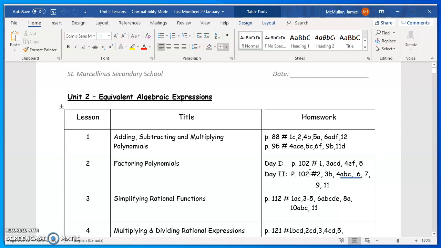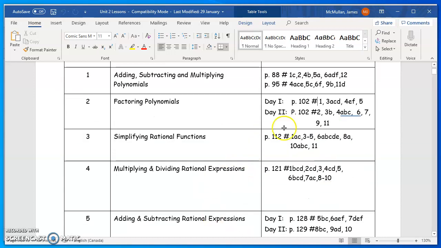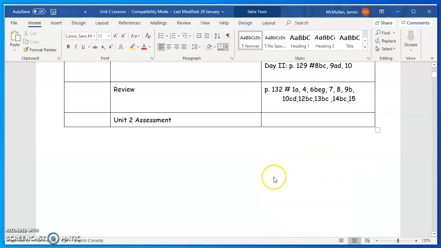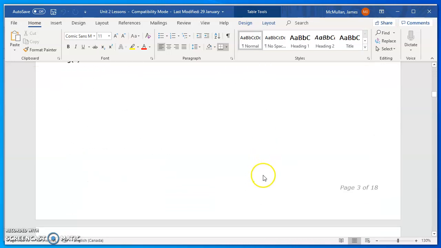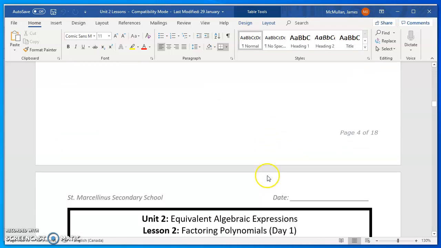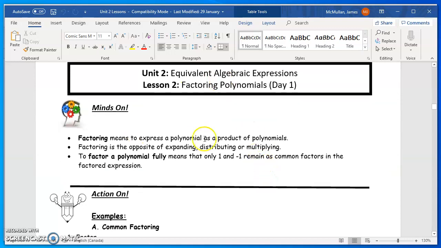We're going to be counting on this skill for the rest of this unit certainly, but also many more units to come as long as you continue to study math. So we just want to make sure we have a good foundation for it. And I want to actually start factoring by just trying to explain what it is and why you would do it. And this is a nice definition here where it says to express a polynomial as a product